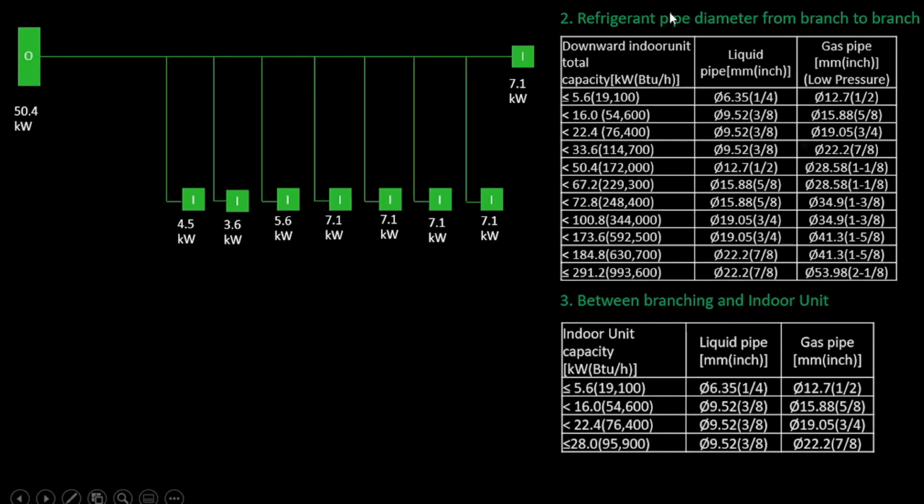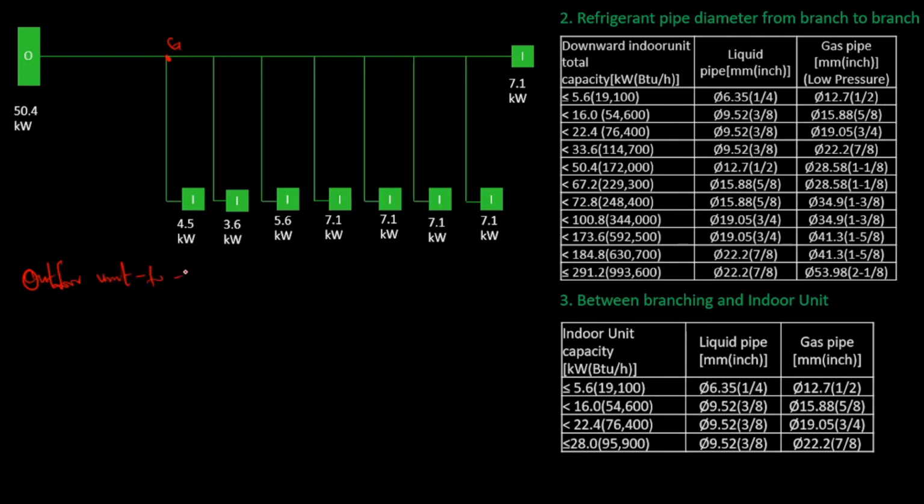Now for branch G, it's different because it is directly connected to an outdoor unit, so we won't determine the pipe size here the way we did for the others. The others were basically between Y branches, but now this one is directly connected to an outdoor unit. So we have to treat it separately. We'll say outdoor unit to Y branch,